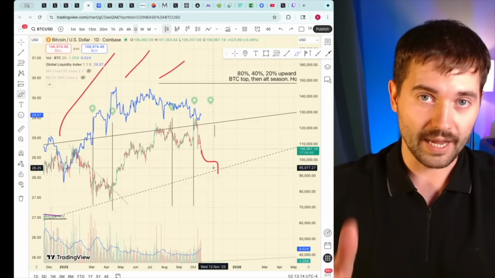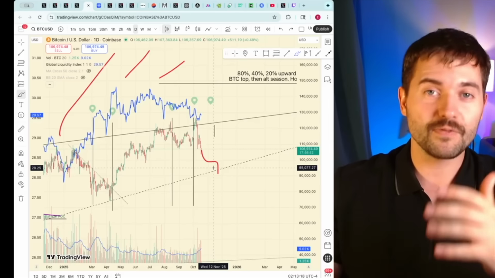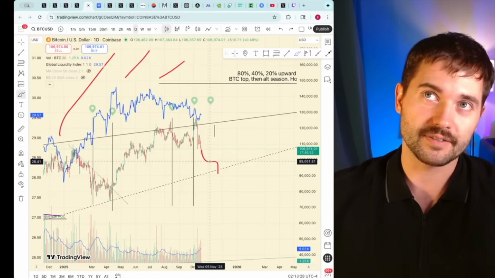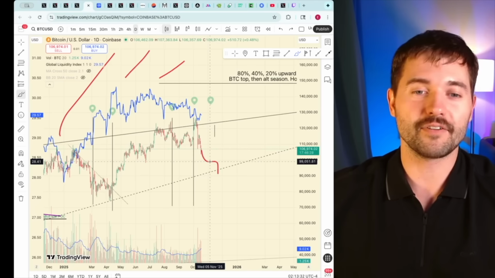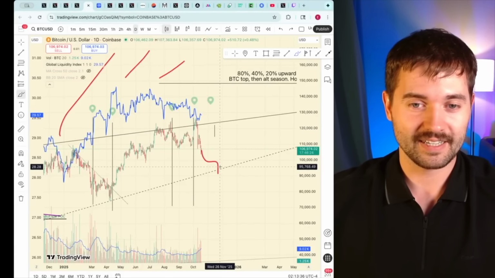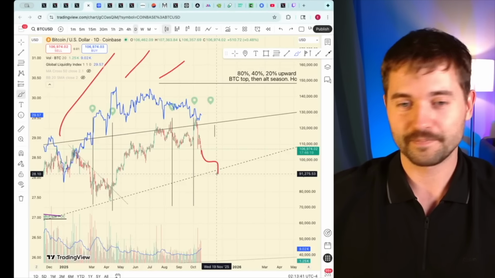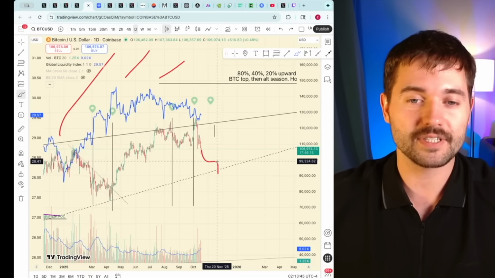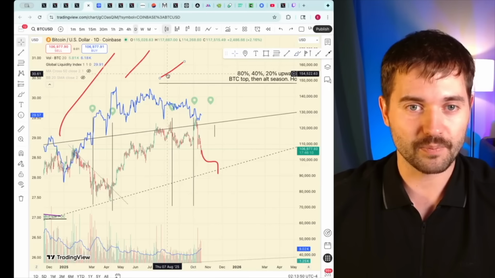And you need to wait for that to happen, for fear and greed to maybe even touch into extreme fear territory. And that's when you go in, you open your Lighter, Aster and Hyperliquid, you pull up your 40x leverage and you ape into Bitcoin only, because for Bitcoin to go down from these levels, very unlikely. So not financial advice, but in these territories, when everyone turns extremely bearish, that's when you start placing your bets.